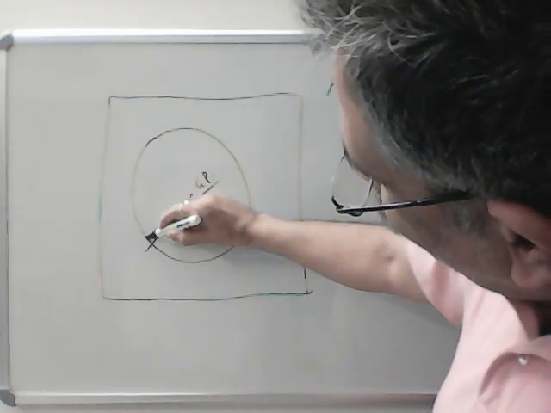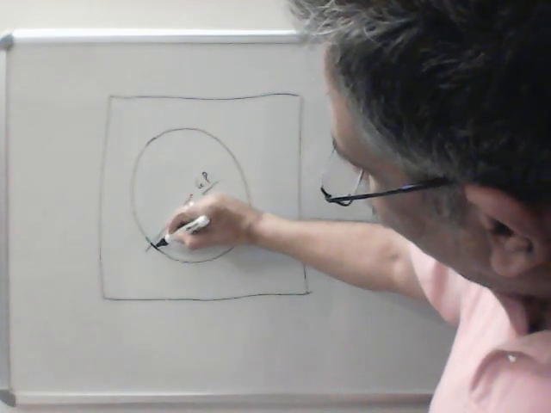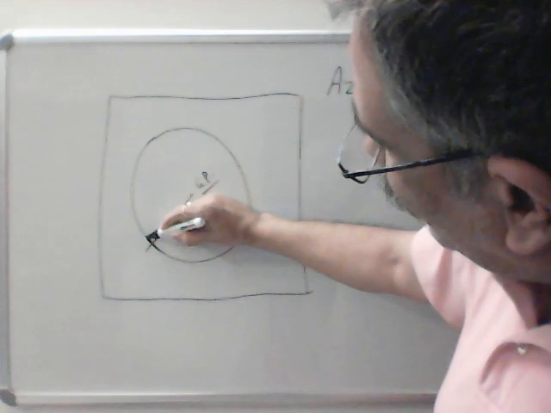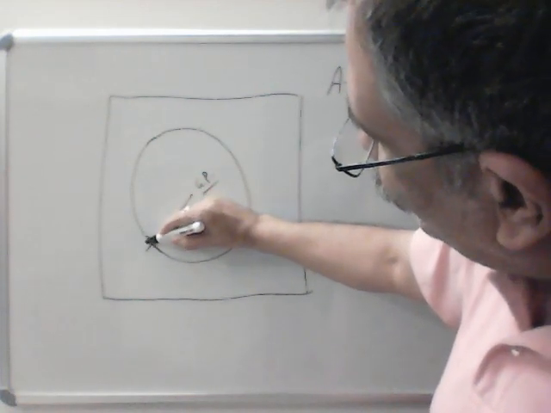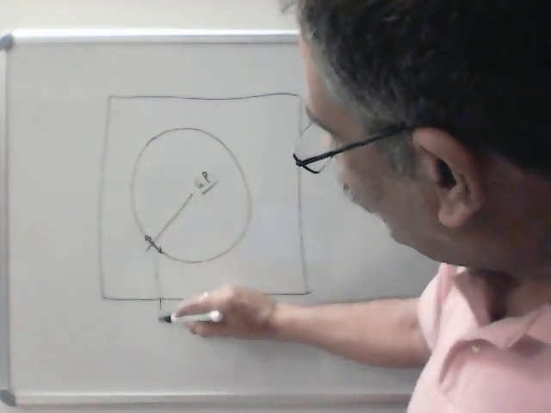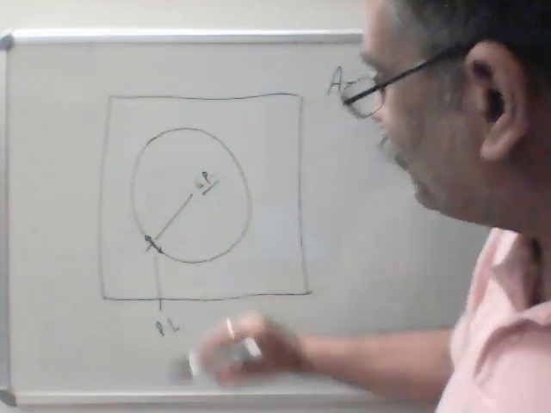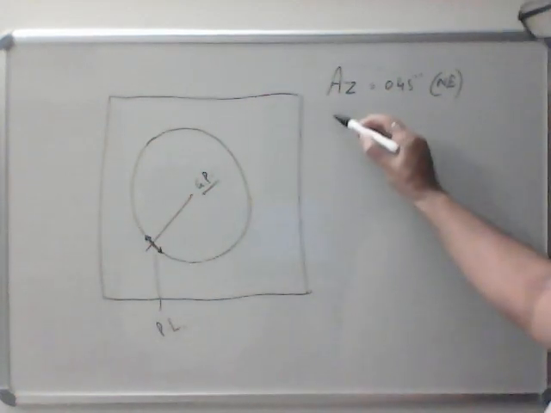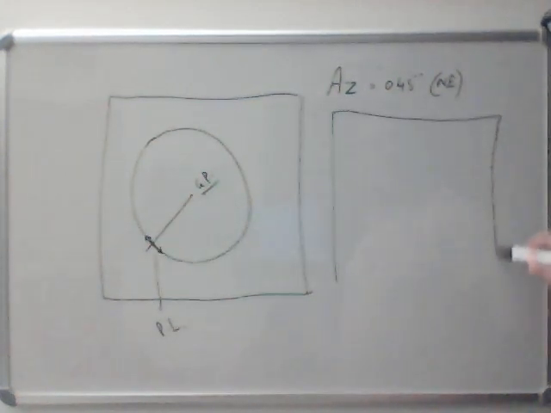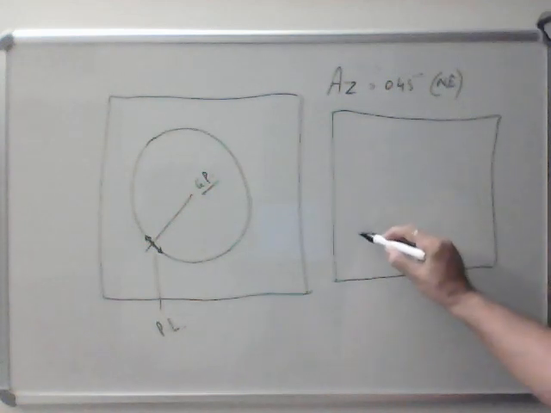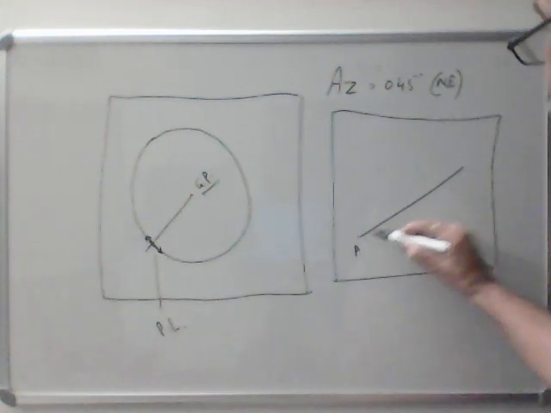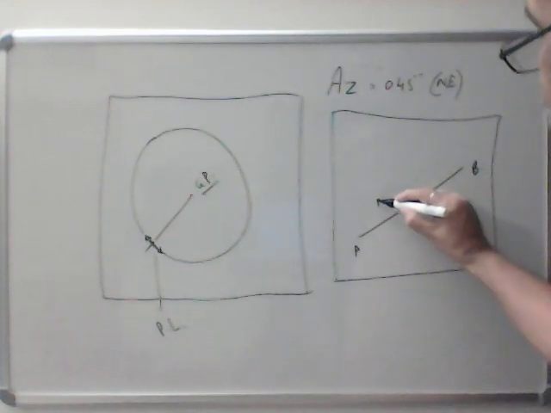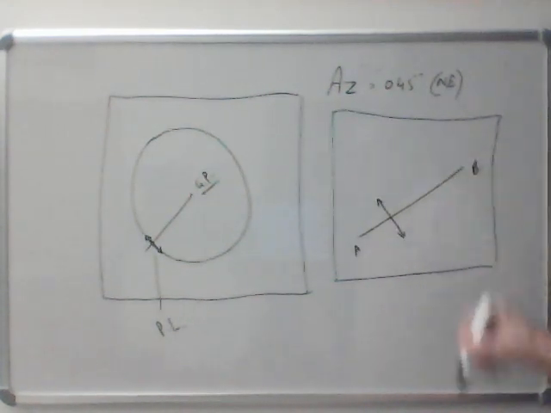So what we do is, we take this arc, and any small arc on any circle is almost a straight line, as you can see. So this is known as a position line, which we calculate. And we plot only this position line on our, not the world chart, but on our navigational chart. So this is a navigational chart. This is the ship's course, which is going from A to B, and this position line is plotted on this chart. The ship is somewhere on this line.